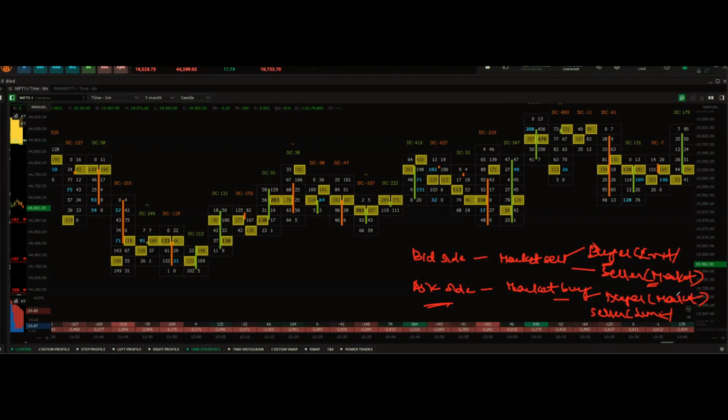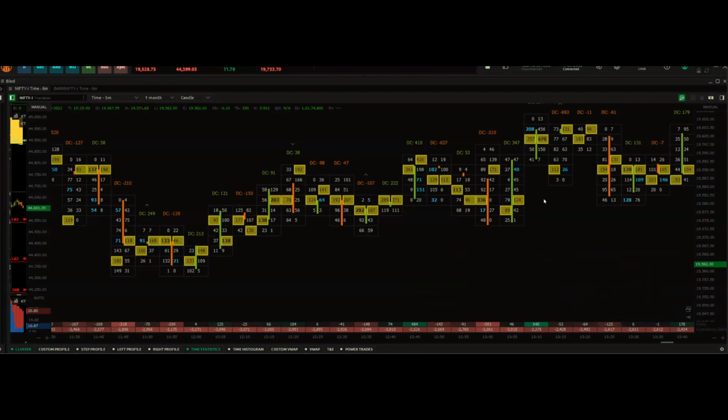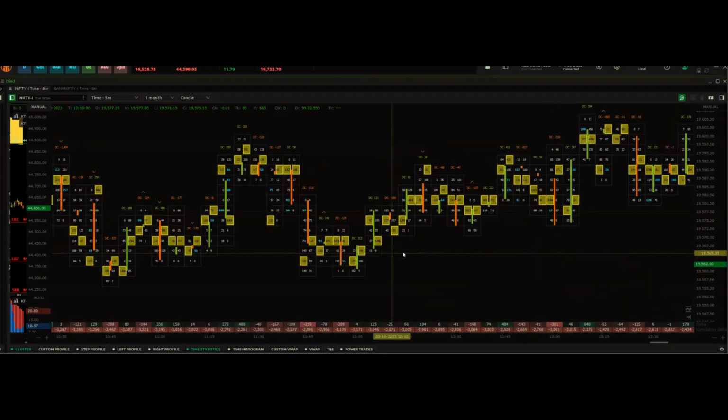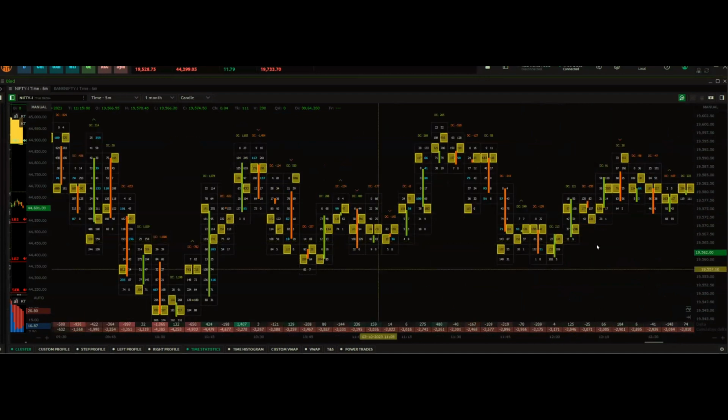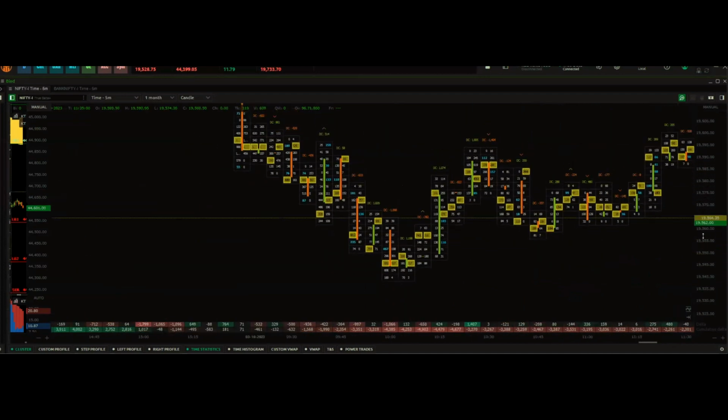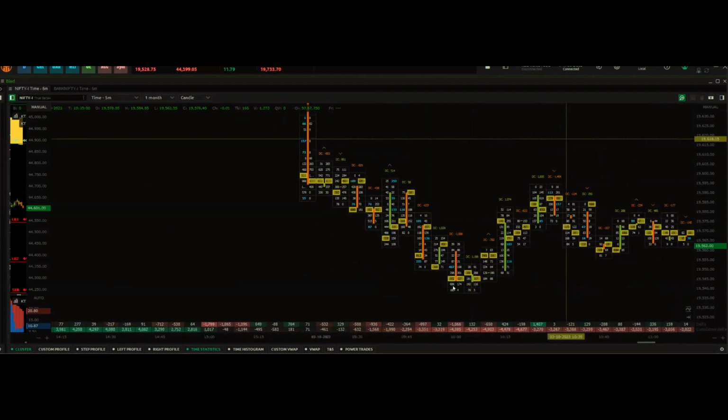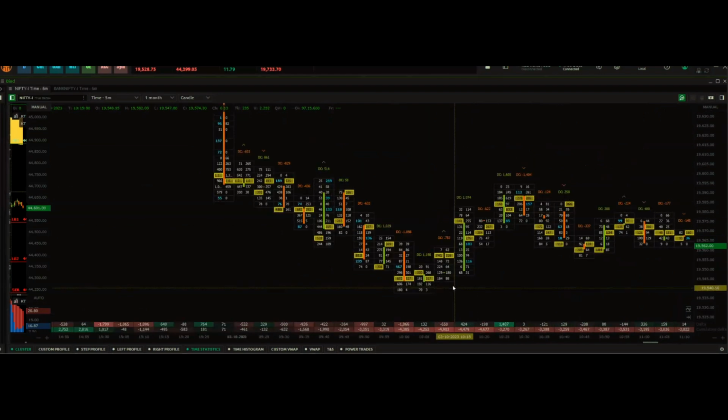Now, as an order flow trader, it is very important to understand, at a particular point of time, if you are looking at the bid and the ask sides of a footprint chart, what kind of orders are coming in and what is the possible impact of it in the markets. Any questions so far? No queries?